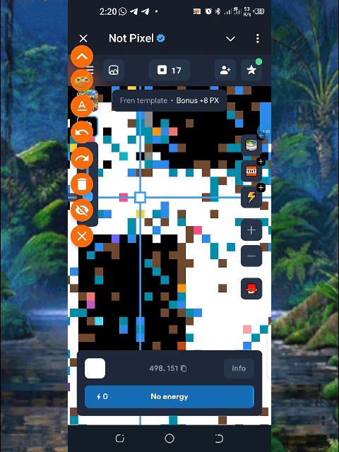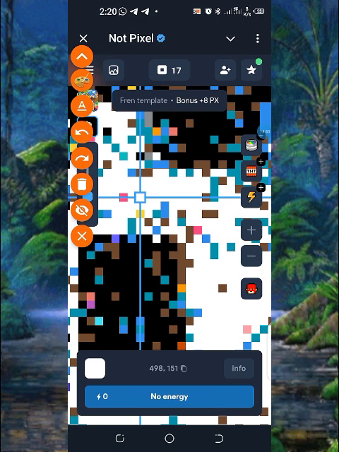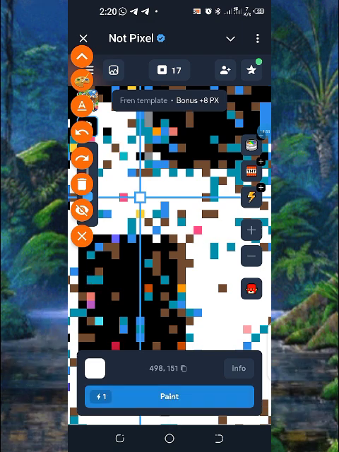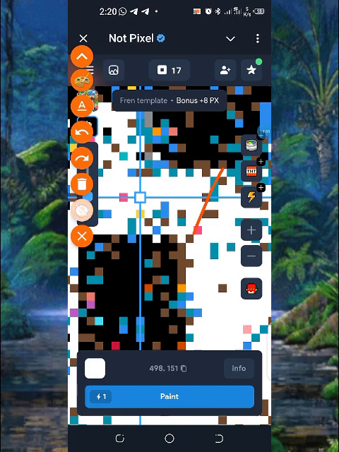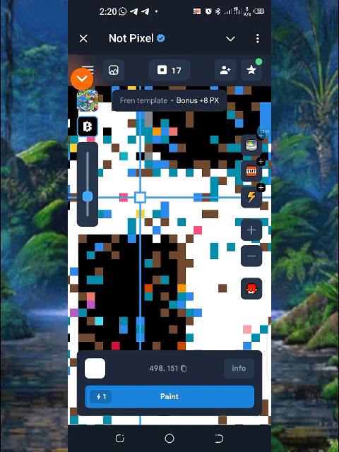So you are not going to get a point added to your points right here. So you have to make sure that you're using the color that